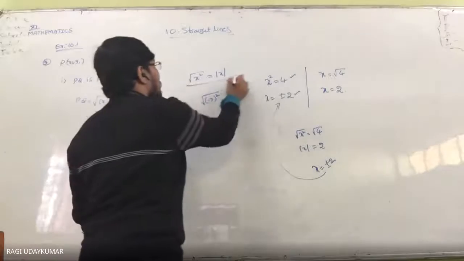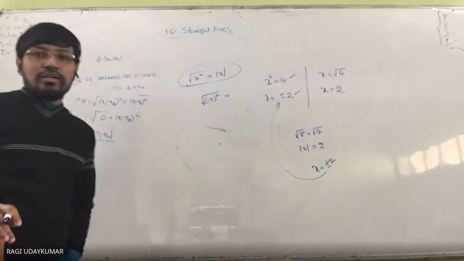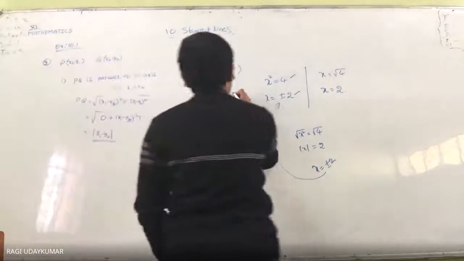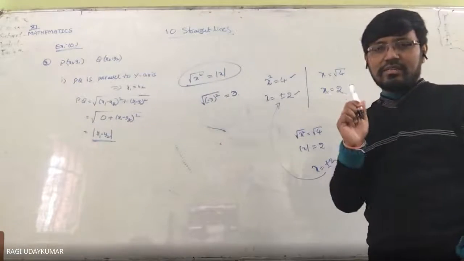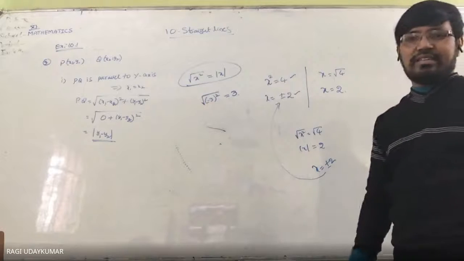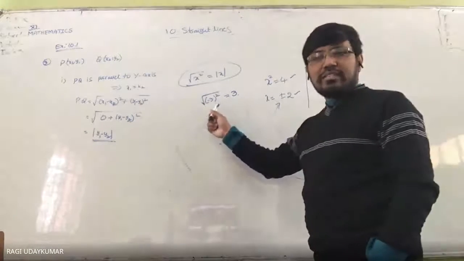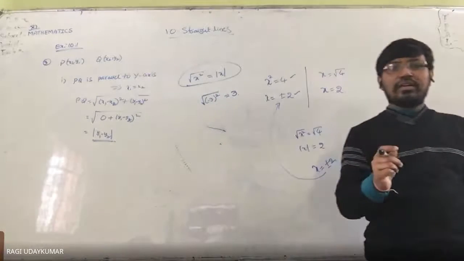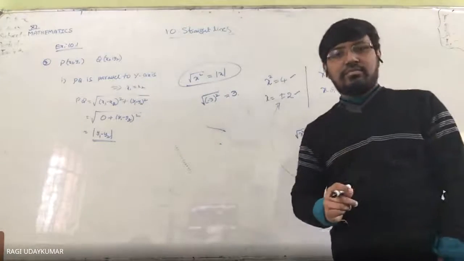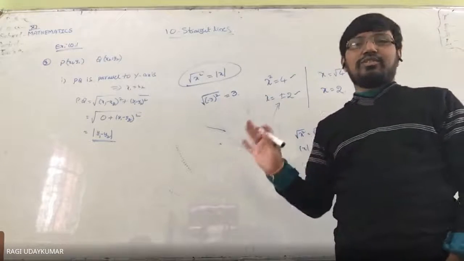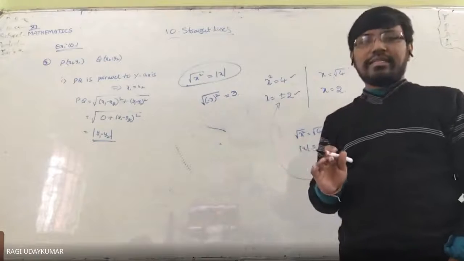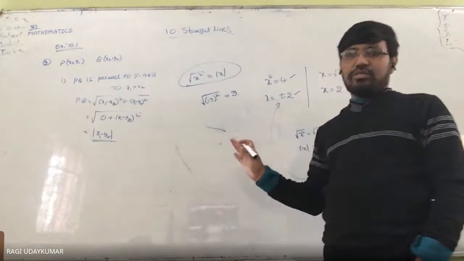This is the main thing you have to remember. Here the final answer is +3, not minus. Most of the students will make the mistake. You ask anyone else this question; those with slightly good knowledge of mathematics will give the correct answer. I am assuring that most of the students and some of the teachers also will make the mistake. I'm not saying that they are wrong, but it is wrong.